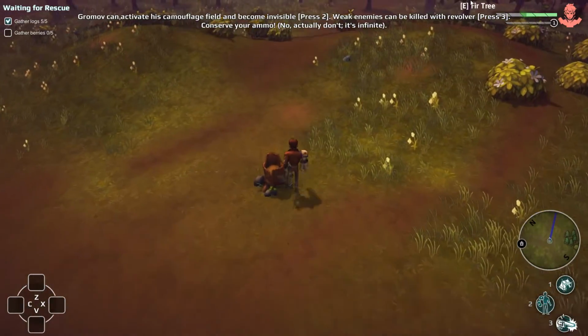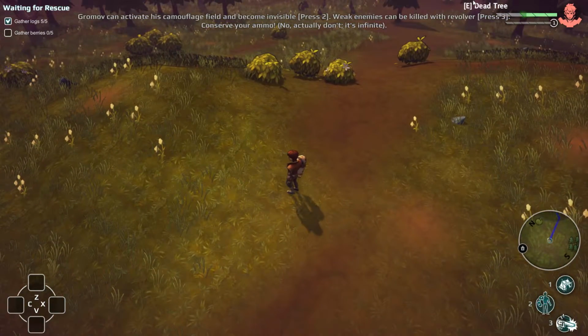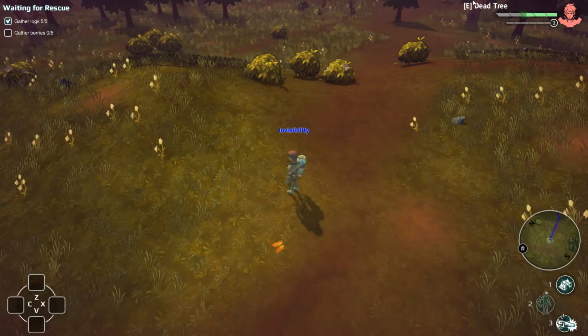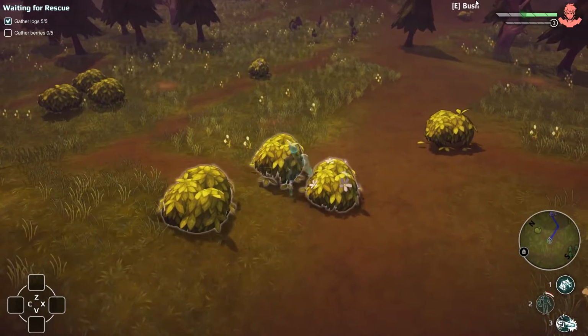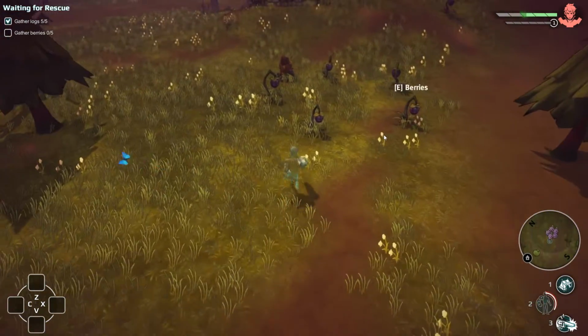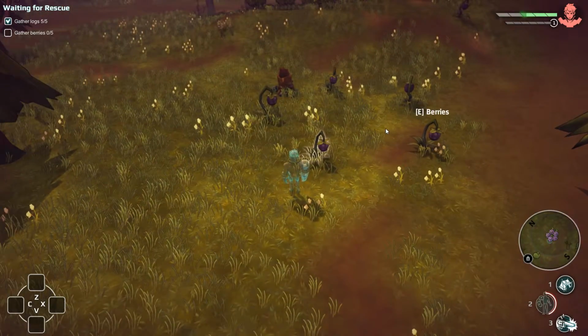Gromov can move, activate his camouflage field, and become invisible. Press 2. Weak enemies can...